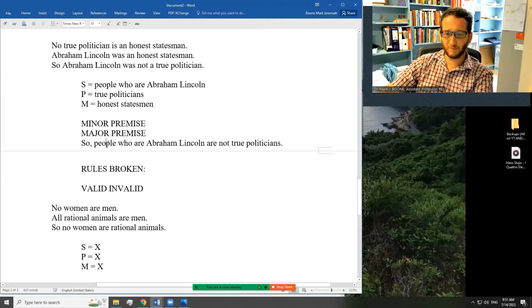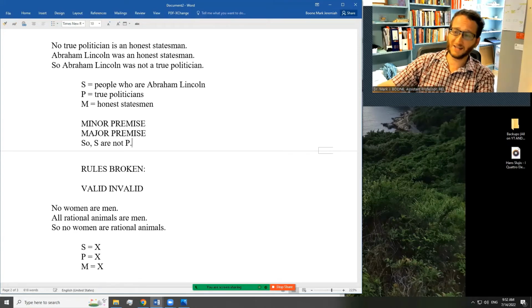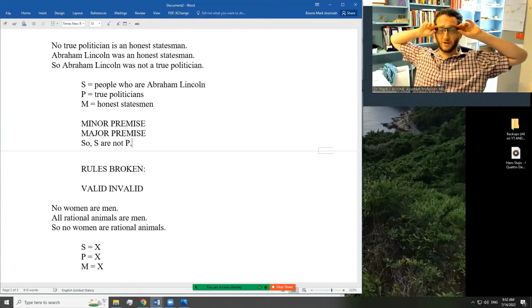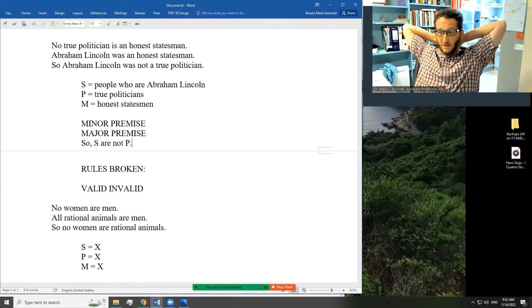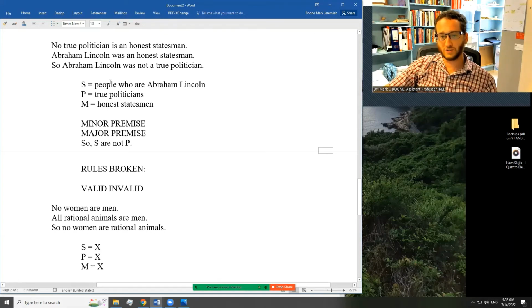Now, the conclusion, people who are Abraham Lincoln are not true politicians. That's not right. The conclusion, first of all, you want to symbolize it. So let's say S R not P. That's how the conclusion is stated in the original argument, but that's not standard form, S or not P. Do you see what's wrong with that? Well, it's that thing I keep telling you. Once you make your terms plural, and in this case by saying people who are, or things that are, or whatever you need to, you also need to